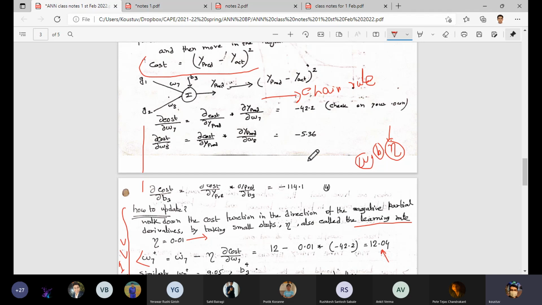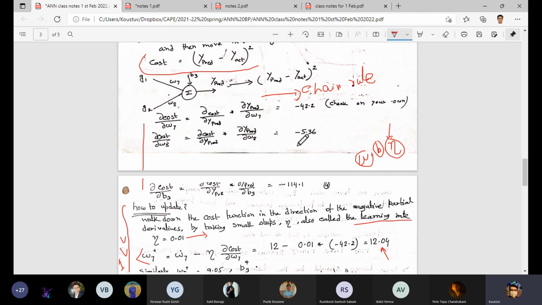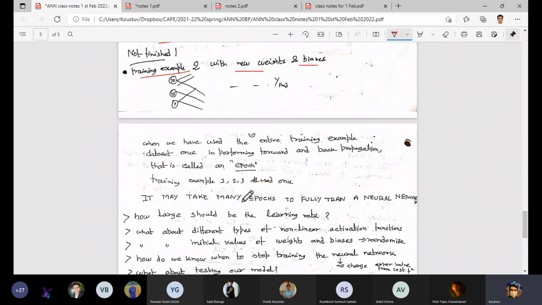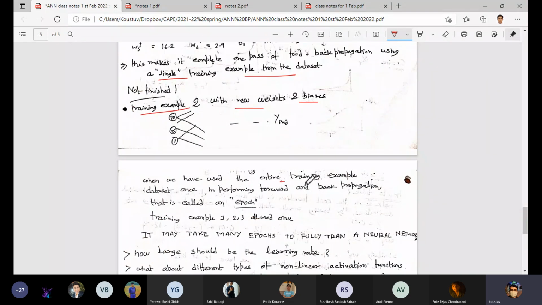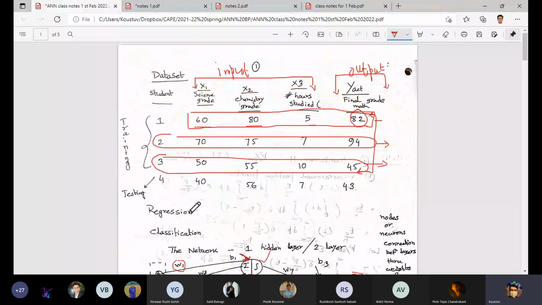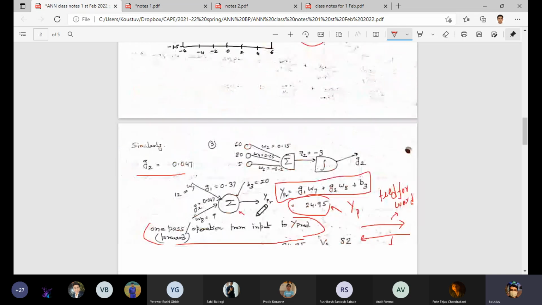So sometimes you will get a low value and you will think that we have to stop the training, but it is not so. What we are doing is multiple rounds of training, and when we have used the entire training examples at least once, that means the whole data set has been used once to update the weight and bias. The first example updates, the second also updates, and the third too. So three examples, three updates of the weights and biases.